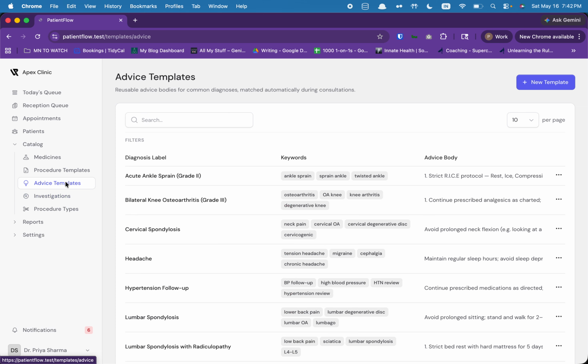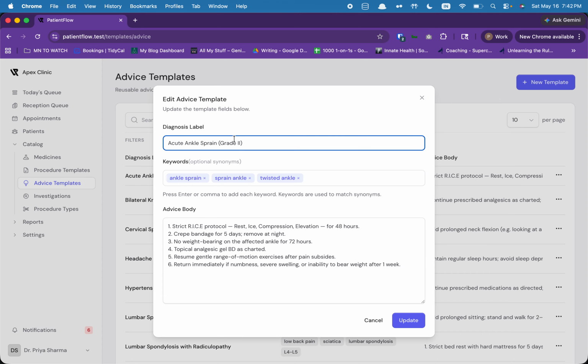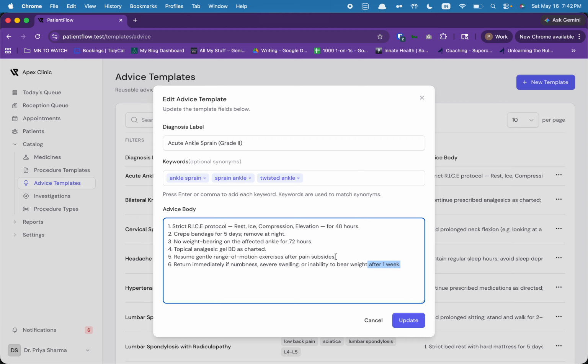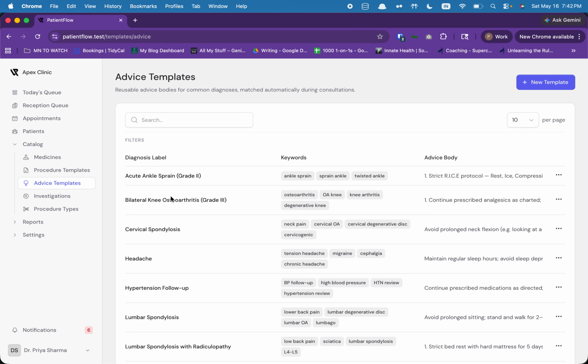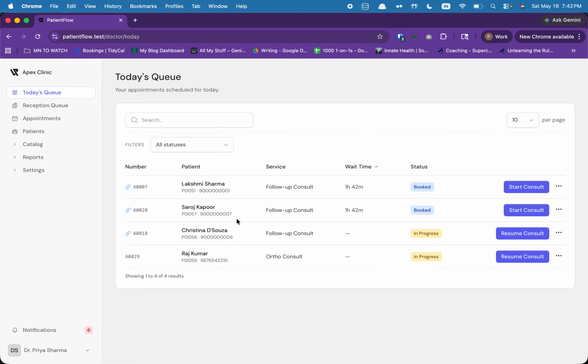There is also a master for advices. So if you look at this, you can always save a final diagnosis and you can give the advice body. You can save this as a template so that if anyone has, let's say, come with a headache, the advice for the headache is automatically filled. Let me give you a small demo of this. Let's say in today's queue,